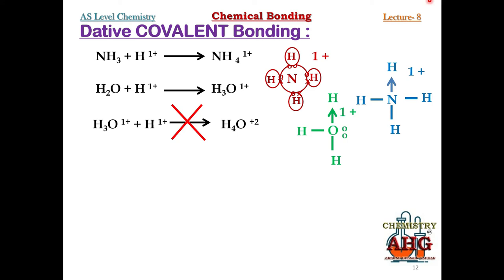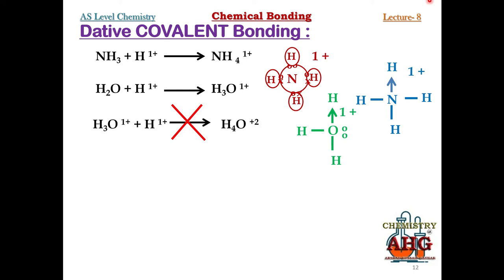And the second reason you can remember, one atom, although it may have more than one lone pair, to remain stable, can donate one lone pair only. So this reaction is again not possible, since oxygen is not able to donate two lone pairs simultaneously. One atom, to remain stable, must donate one lone pair. That is why this reaction is also not possible.